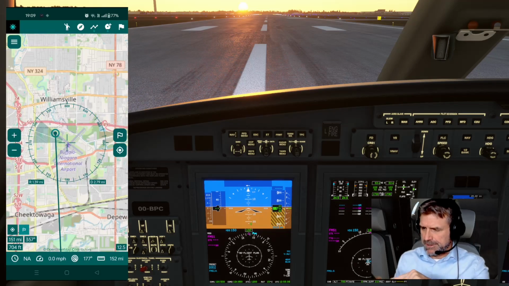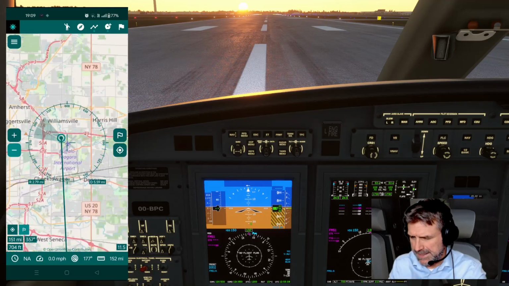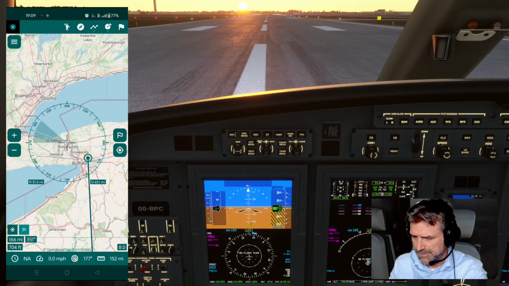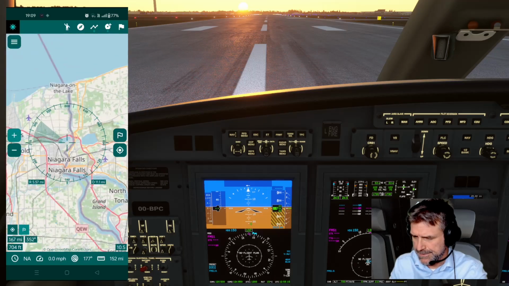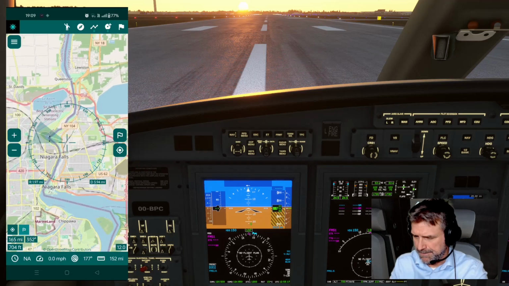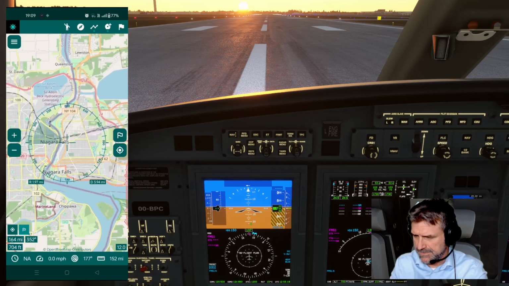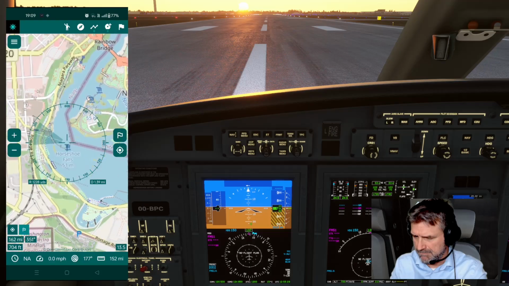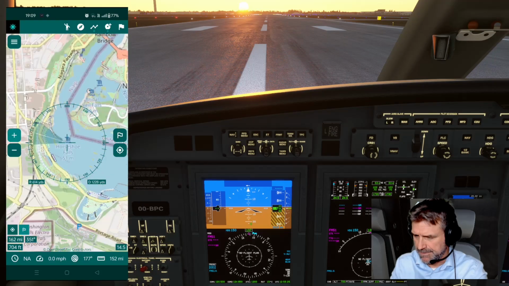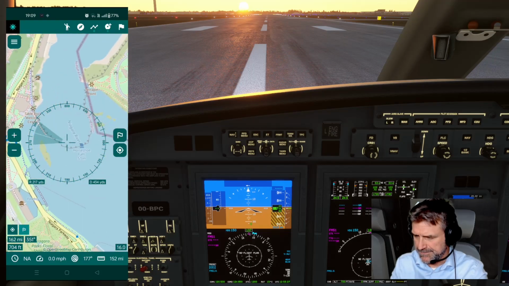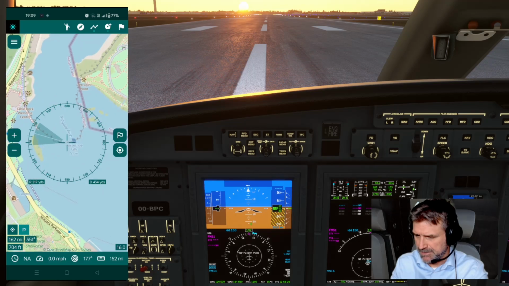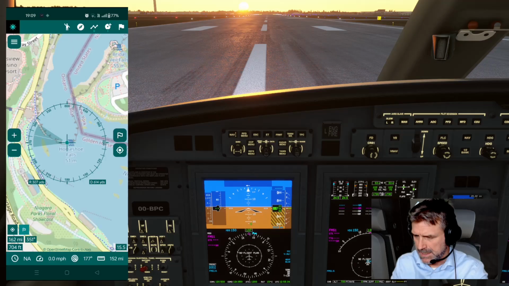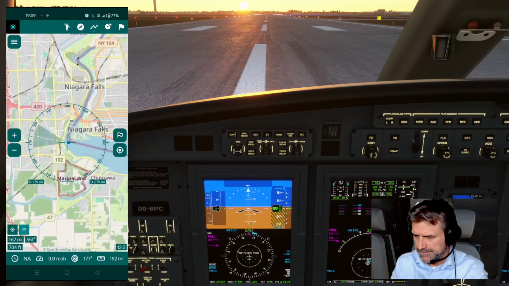And the idea is that we're gonna pass over Niagara Falls. So what we're gonna do is look for Niagara Falls, and that's here. The actual falls, they're here. Yeah, there they are, Horseshoe Falls. So we go for this one, the big one, put a mark there, and then